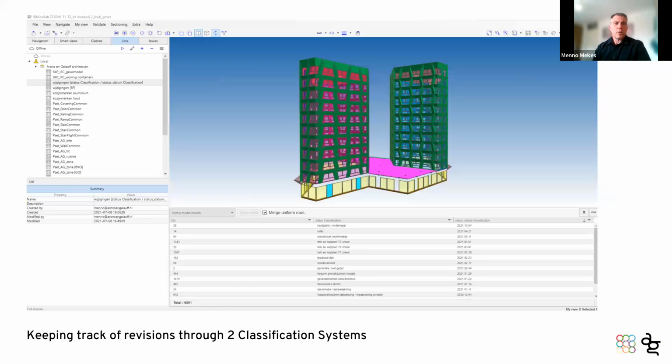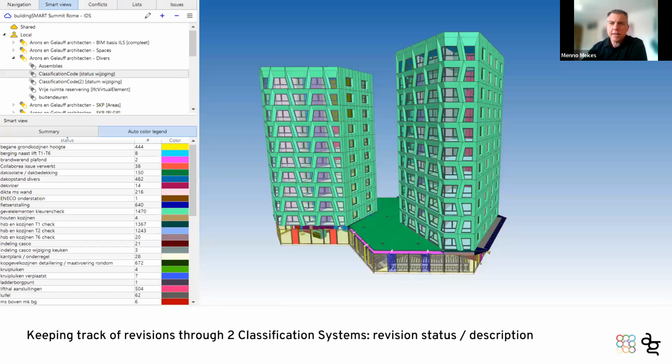So yeah, let's talk about something else than just all the building codes, because that's of course structured and easy to understand, but here's a different use case for classifications. In the building phase, we keep track of the revisions. Well, not on the drawings, of course, but in the model. And we use that